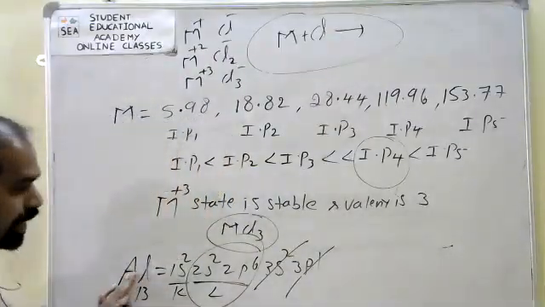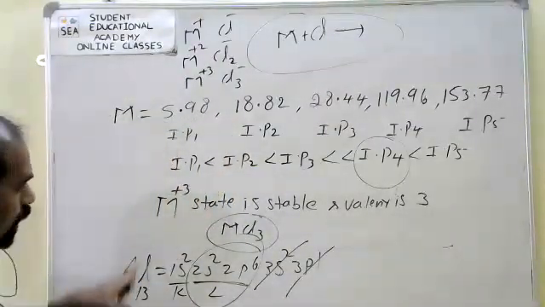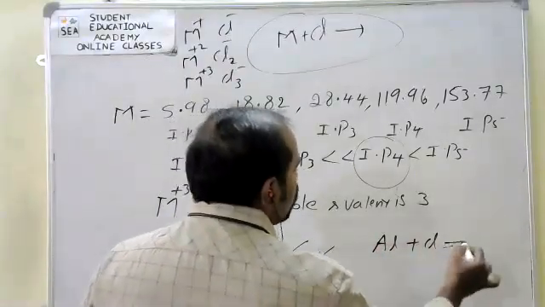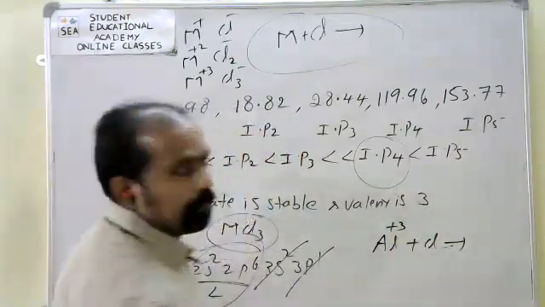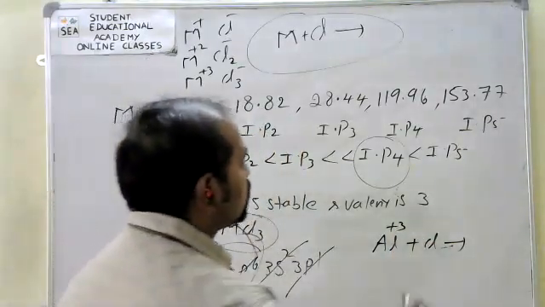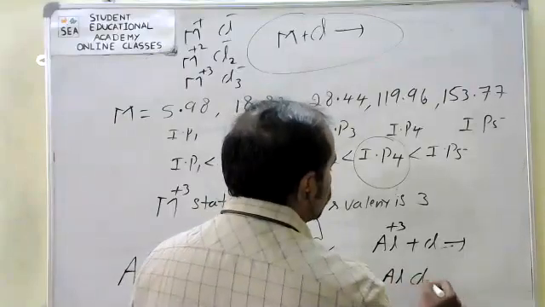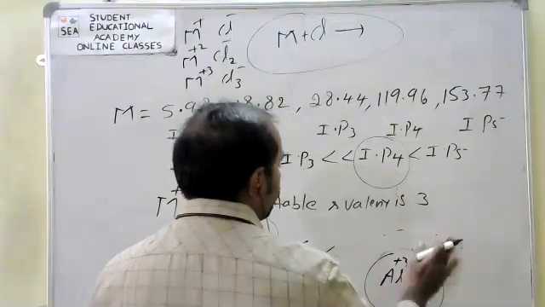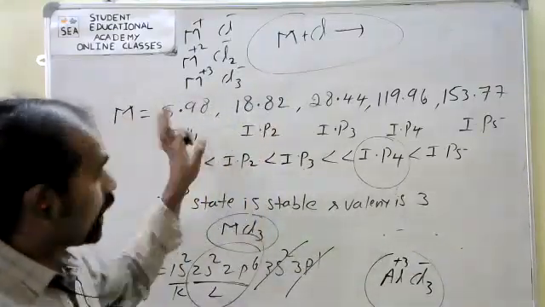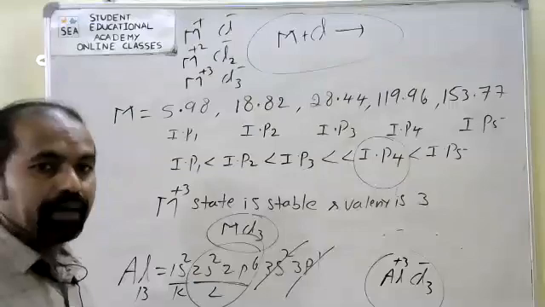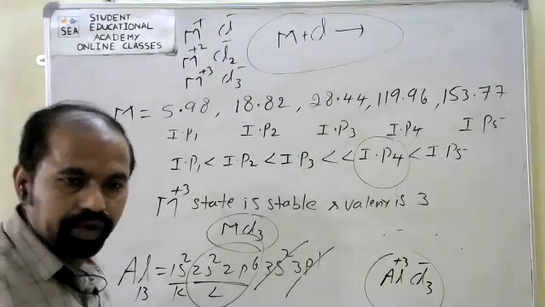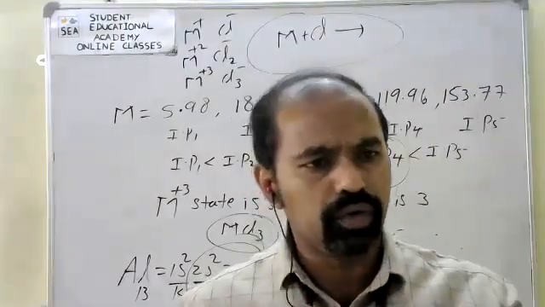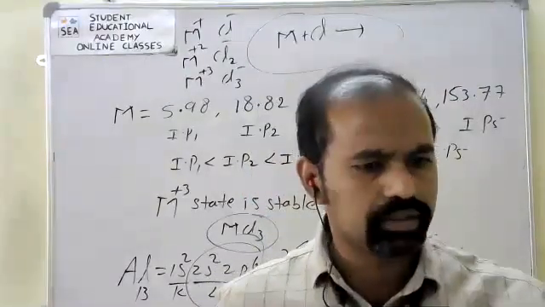So the element M looks like aluminum. If aluminum combines with chlorine, the more stable state of aluminum is the +3 charge. How many chlorines are required? 3 chlorines. Each chlorine is -1, so 3 into -1 is -3, balancing +3. This is the formula AlCl3, indirectly MCl3. Okay, understood that? Now, for tomorrow's test, we practice some problems.